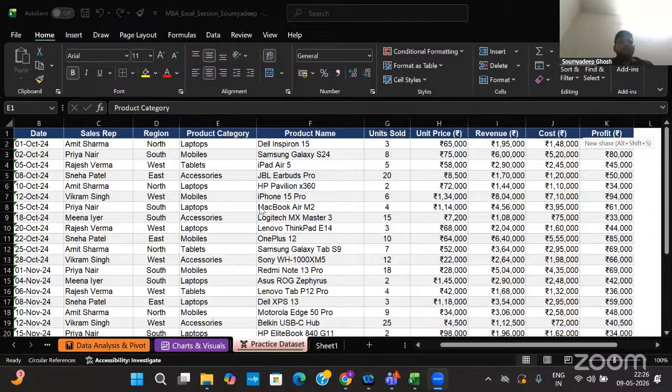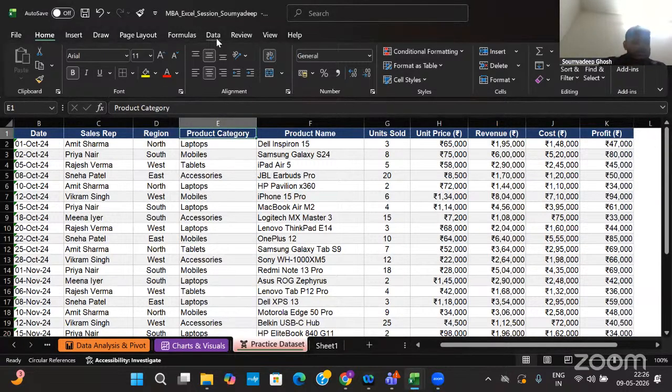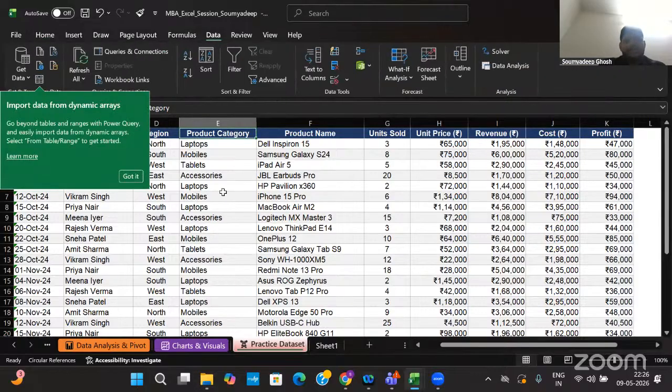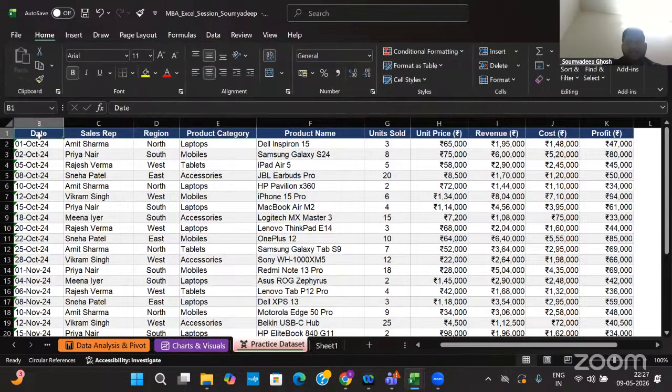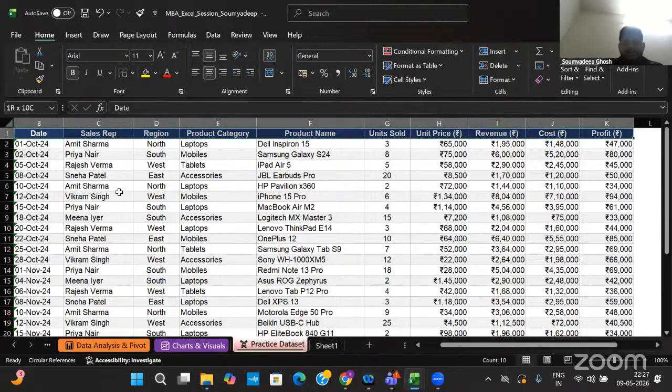But yeah, as someone has mentioned, we can go from Home to the Data tab and use sort and filter. But again, that is not an efficient way to do it. So what we'll do is, over this row, we need to apply the filter, right? We'll select all the rows and click on Shift Control L.